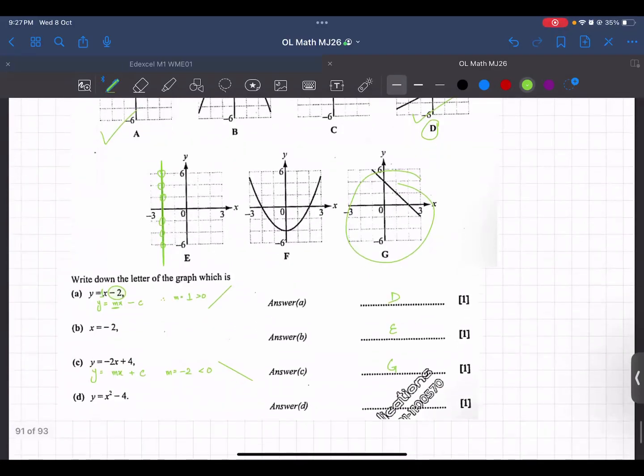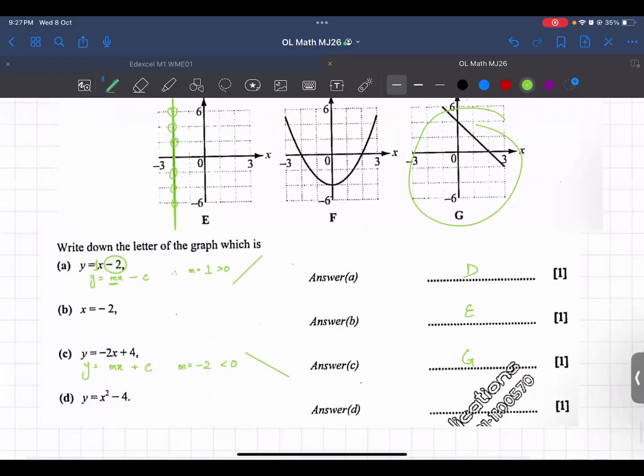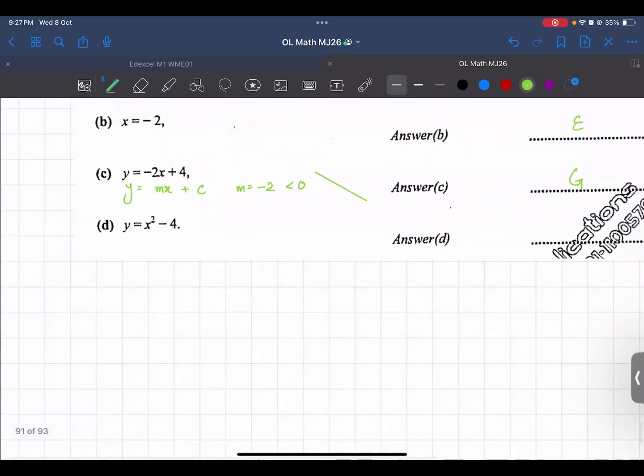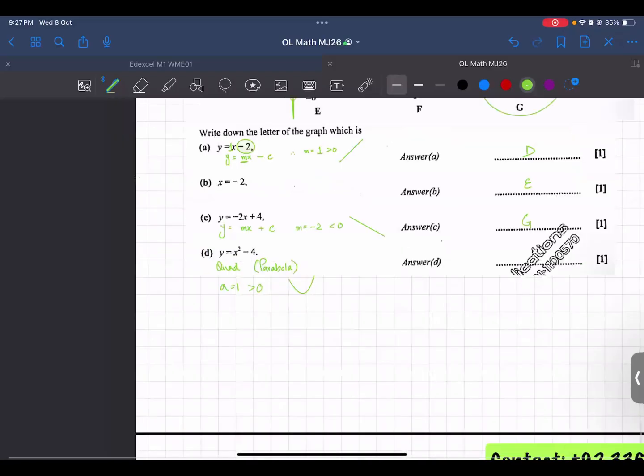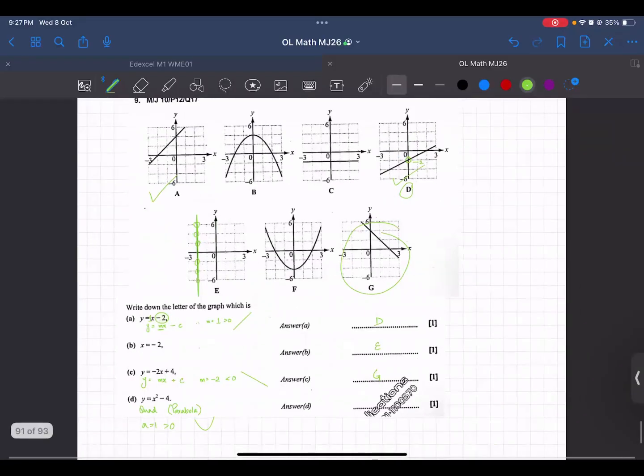Then you have x squared - 4. x squared means now this is a quadratic. It is a parabola. And you can see that in +4 -4, your a is 1. The coefficient of x squared is 1, which is positive. So this would be a smiley face. So a smiley face is only one of it. F. Yes, this one. Sorry, F, I was looking at the upper one.